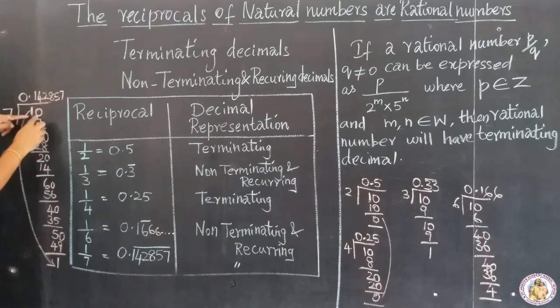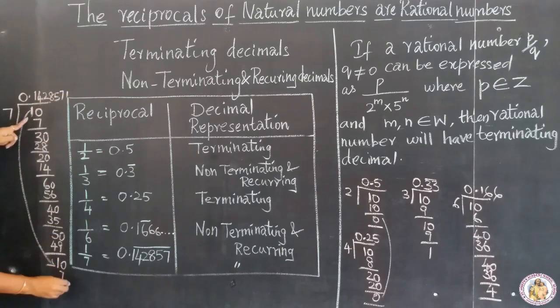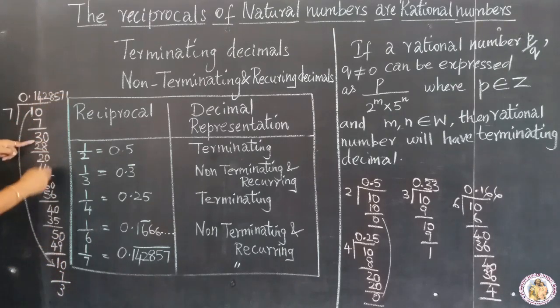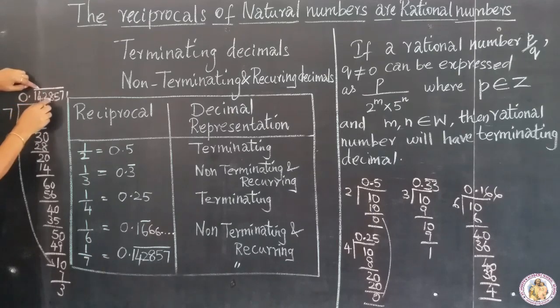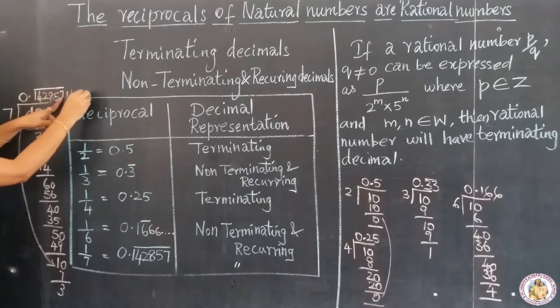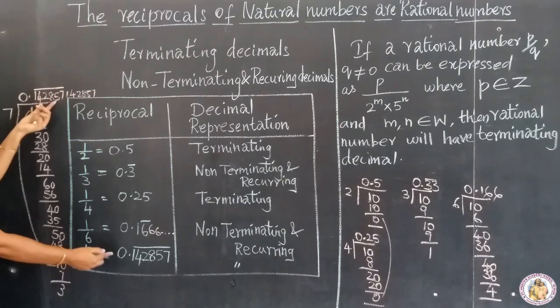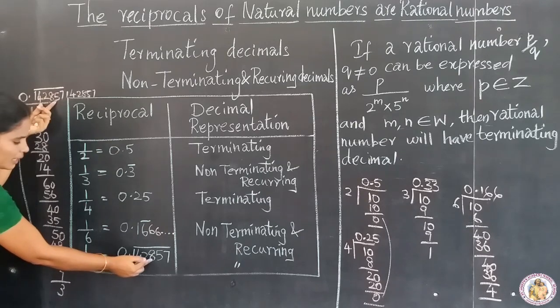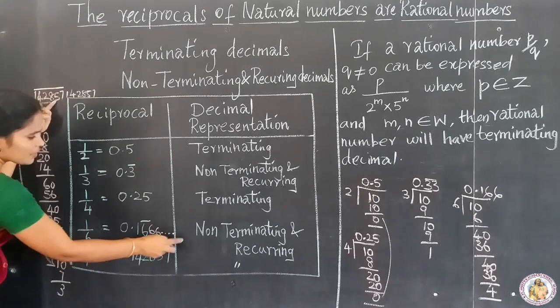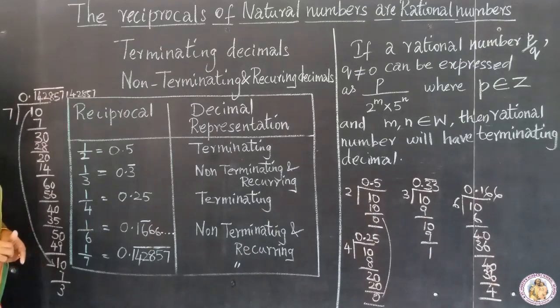So 1. If you again do the same, once again 1 7 is 7. If you add 0, 1 7 is 7, and again 3. The next step again 14. Okay. So now the numbers are repeated. That is 0.142857. Again what will come? 142857. So if you keep on moving, again we will be getting 142857. So here I have written 0.142857 is repeated. So it is a non-terminating and recurring decimal.